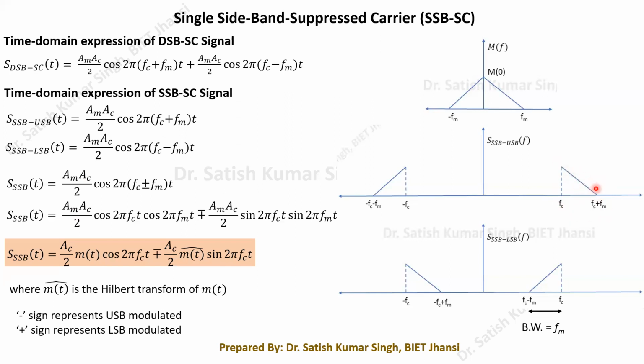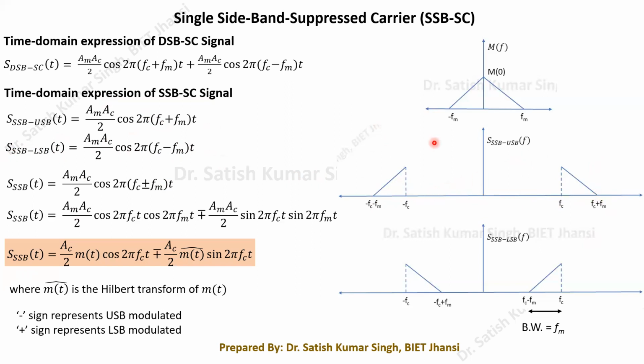You remember that this particular signal that we have taken is a multi-tone signal. I initiated this discussion by just taking the single tone case. If you want to plot the spectrum of only this equation, only two delta functions will appear, one at fc plus fm and another at minus fc minus fm. That will be our upper sideband. Similarly, for the SSB LSB equation, one delta function will appear at this point and another at this point.